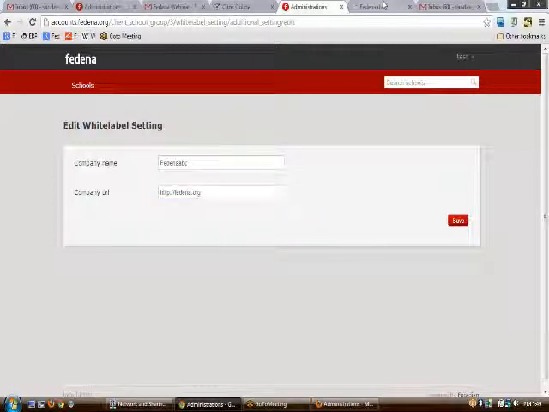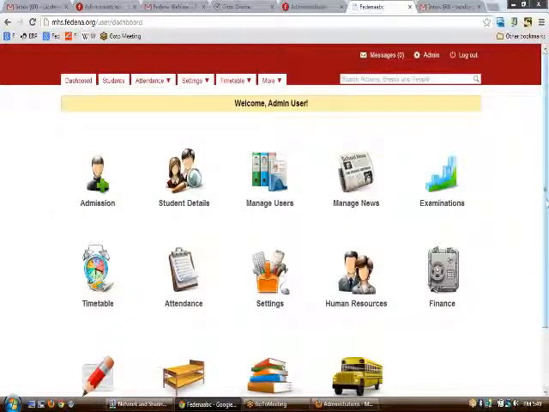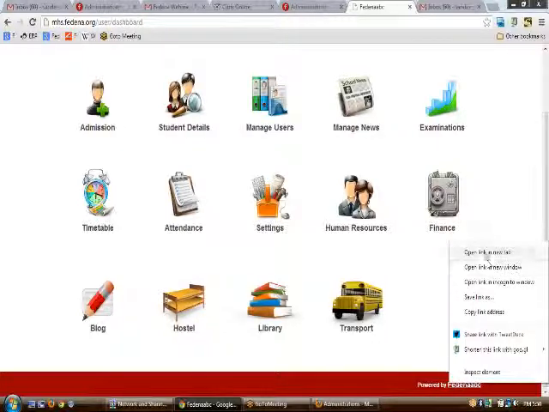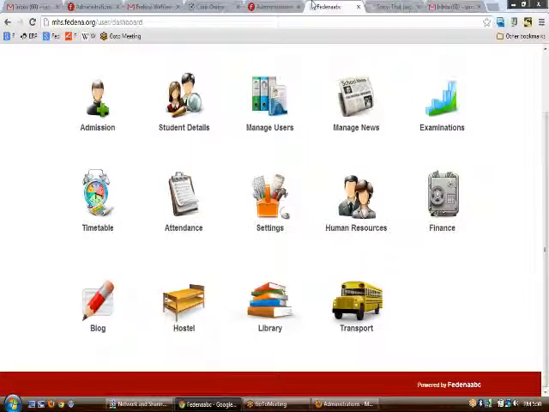So the effect it would have on the subsequent school is that the school will be getting the company name, and on clicking onto this we will be getting the company name. As farina.org is not a registered thing, we are not able to click it, but